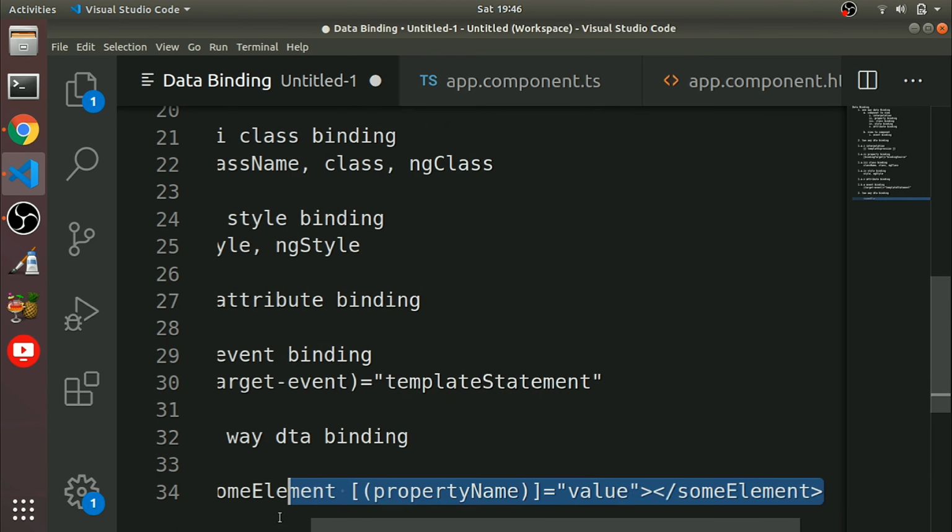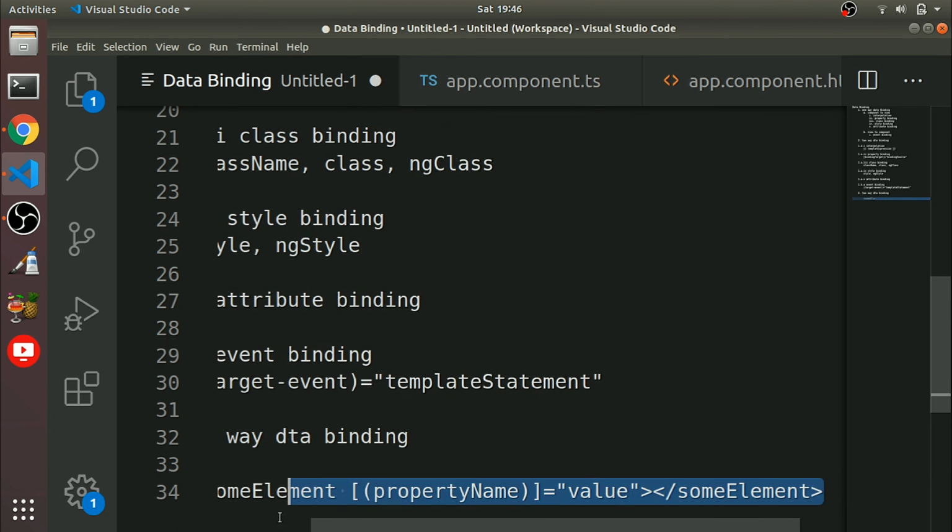So what will this syntax do? First, the syntax sets up a property binding and event binding, but to make use of it, the property must have a change event with it. That means if you are binding a property like innerHTML, then that property should have a corresponding innerHTML change event.